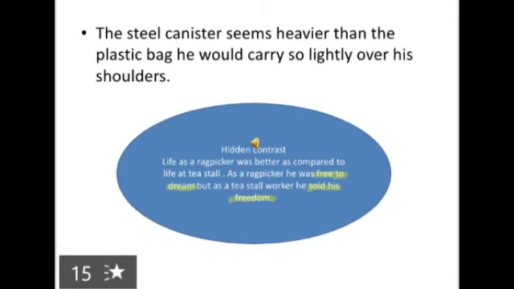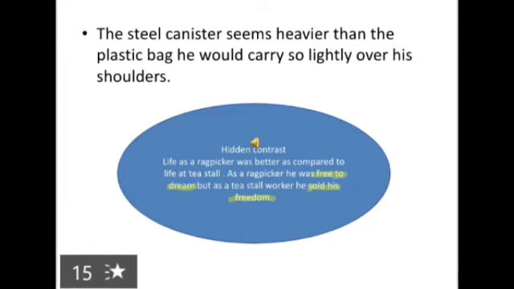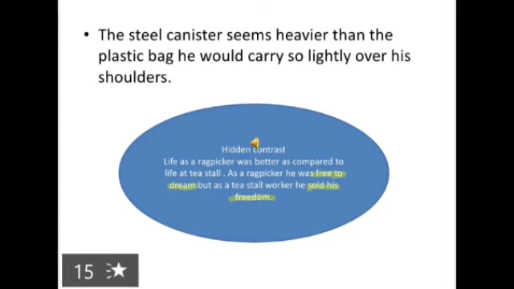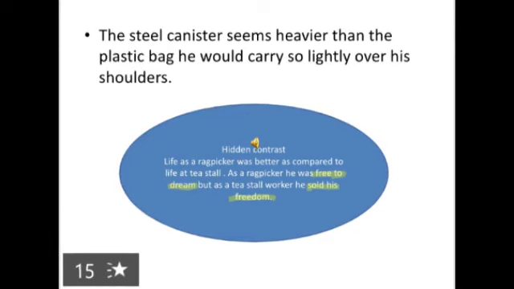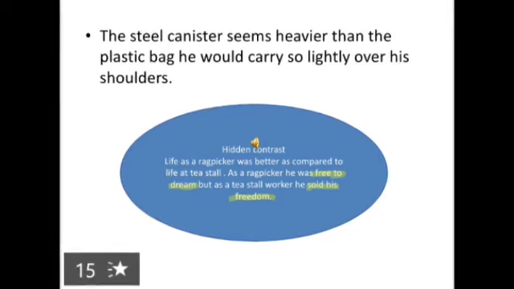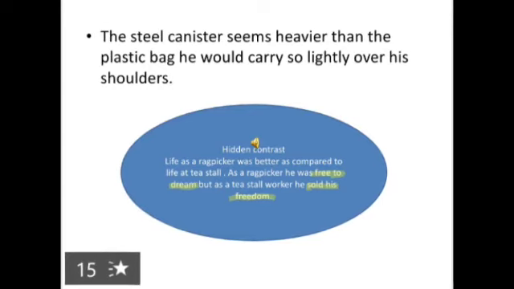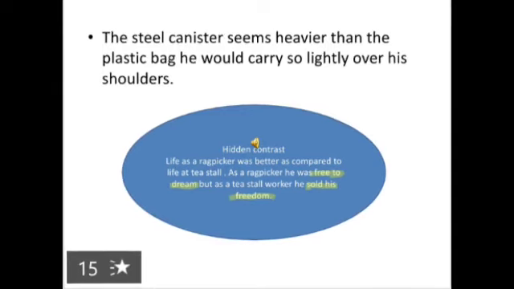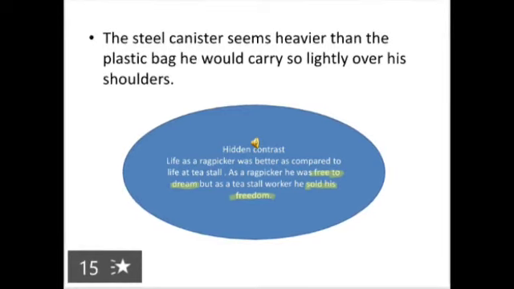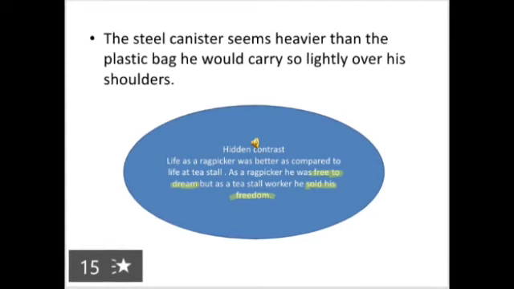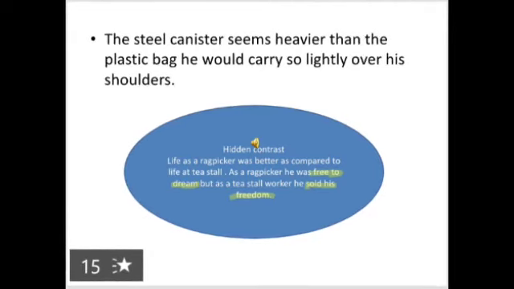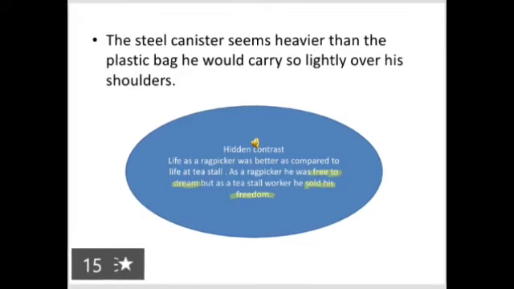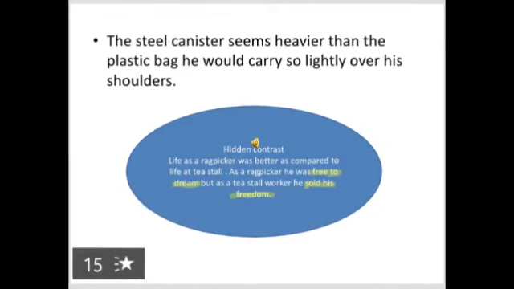So, what I wanted to tell you is that when you have to write the answer for short answer questions or long answer questions, you will have to use these phrases, these key sentences in order to prove your point. And remember, all the questions that will be asked will be based on either the theme or the characterization or the sentences that I have written here with a little bit of explanation.